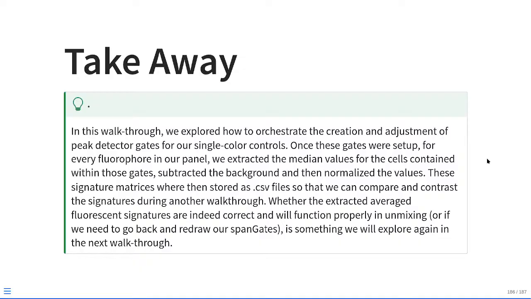So, in this walkthrough, we explored basically how to orchestrate the creation and the adjustment of peak detector gates for our single color controls. So once these gates get set up, for every fluorophore in our panel, we can quickly extract the median values for those cells that are contained within those gates, subtract out the background, and then normalize these values. These signature matrices can then be stored as CSV files that we can compare and contrast the signatures